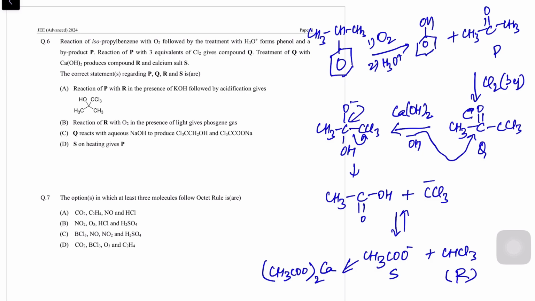The correct statements regarding P, Q, R and S are. Let's see the first statement. Reaction of P with R in presence of KOH followed by acidification gives. So the P is acetone, right? R is